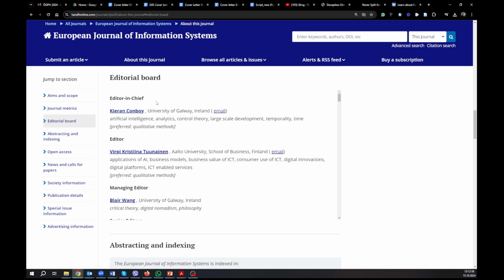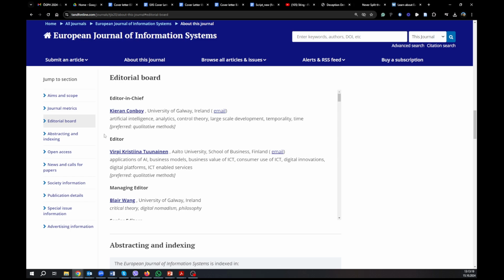Let's assume that we want to write to this person. That's why we write, Dear Professor Convoy, and please check that it is a professor. Sometimes it is a doctor, not a professor. If you are writing to the European journal, they distinguish between PhD and doctor. So if it is a professor, doctor, or professor, name, PhD, there could be a difference. You write to this person, although most likely your email will land with the editor or maybe the managing editor, but they will know that you at least went to the website of the journal and looked who is in charge.